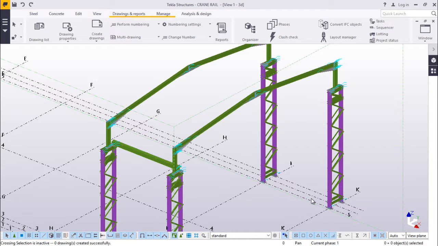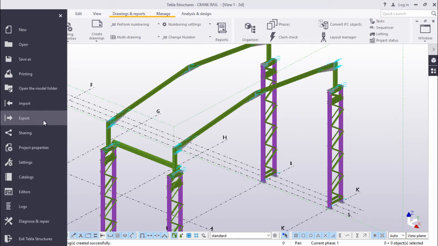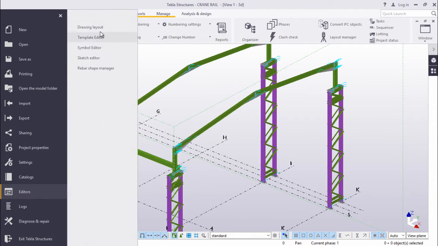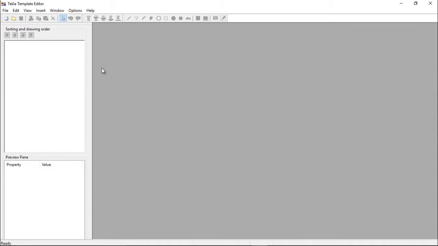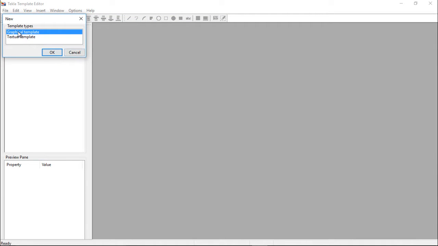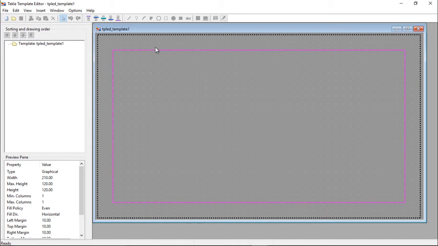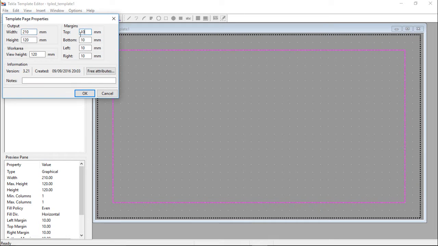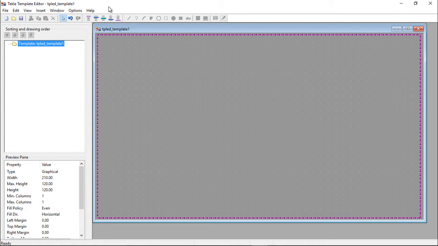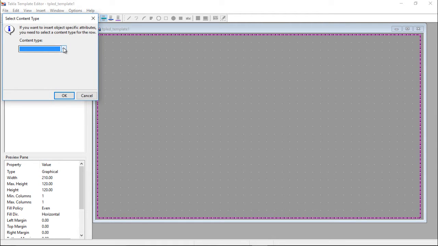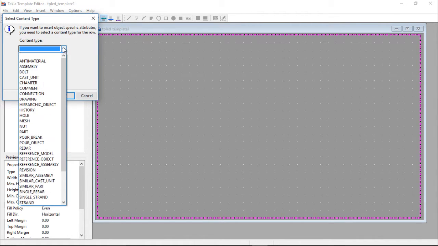Let's kick off here by going straight to file. Under file, we'll scroll down to editors, then template editor. As usual, we come to new. We highlight graphical template. We'll double click on this window and change all these margins to 0. We'll accept that. We'll come to row. Under row, we'll select assembly,